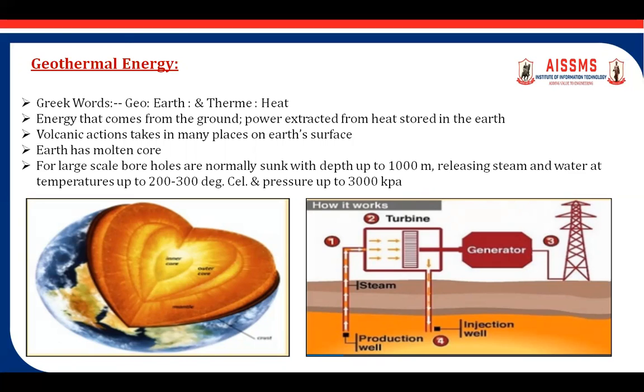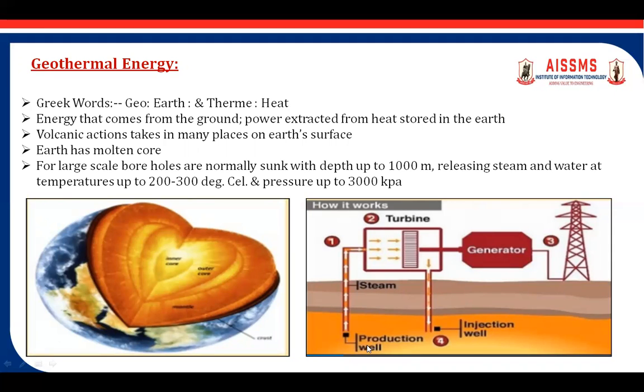Then, for large scale, boreholes are normally sunk to depths of up to 1000 meter, releasing steam and water at temperatures up to 200-300 degrees Celsius and pressure up to 3000 kilocalorie. So if you see, this is the production well. This is the schematic diagram for the geothermal power plant. Here the steam is generated, and that steam strikes the turbine and rotates it,